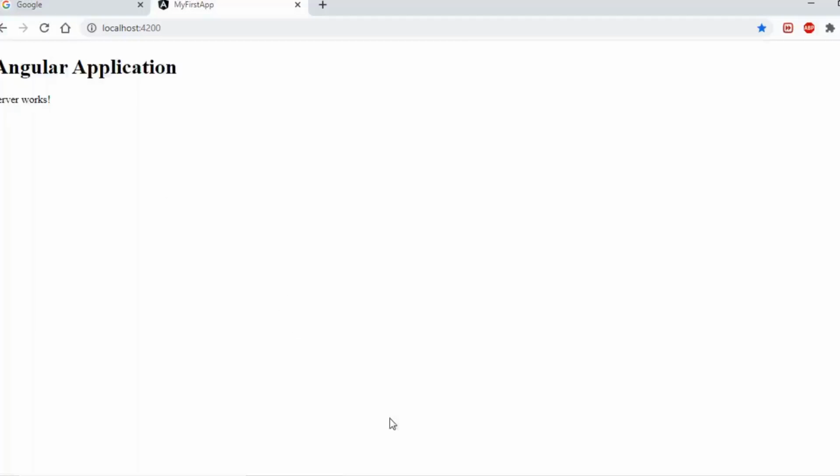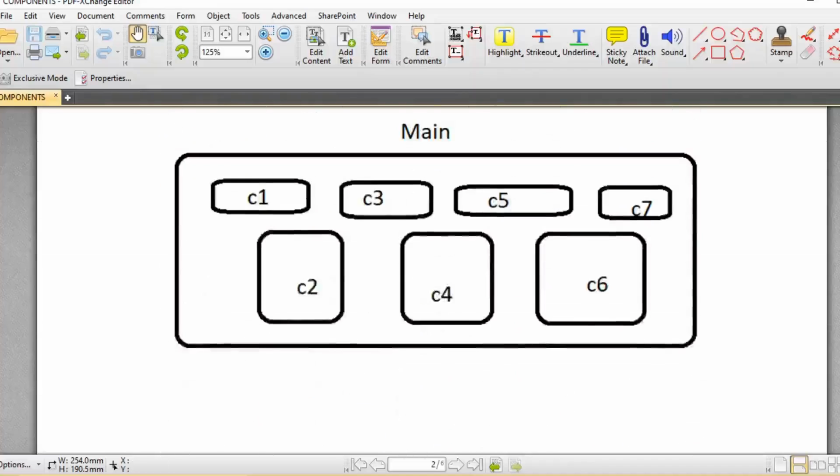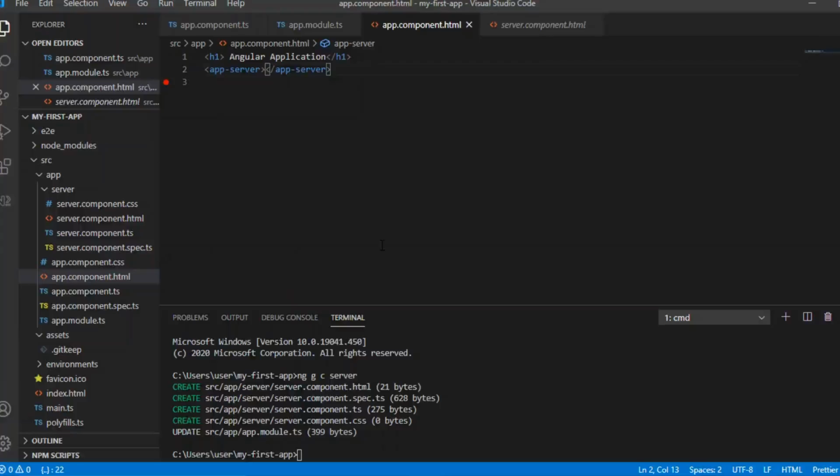This is what we learned in the earlier theoretical method. In the picture you might have seen, you have to add each and every component in the main component so that it will be shown in the browser. Now you are able to see the server component.